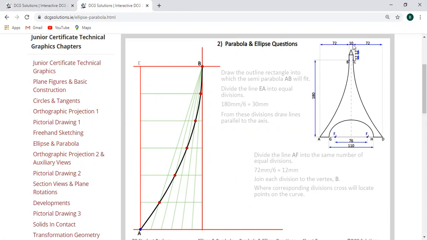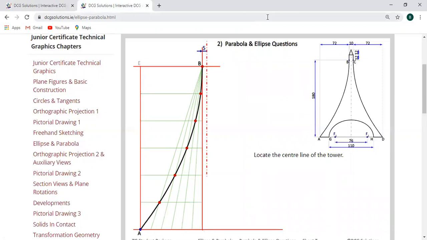we have a 10mm gap between the 2 parabolas. All right, so what we're looking to do is create this center line down here so that we can just transfer our points straight across. So we step in 5mm and we create that center line down through the middle of the Eiffel Tower,